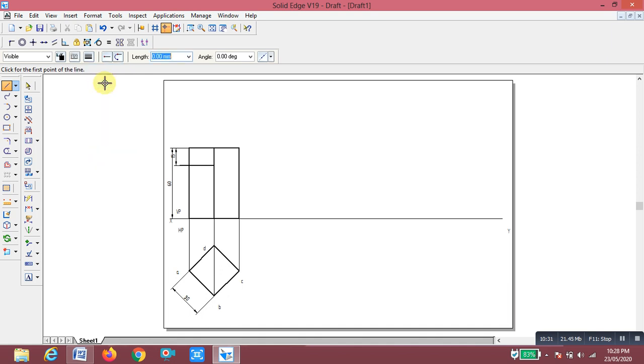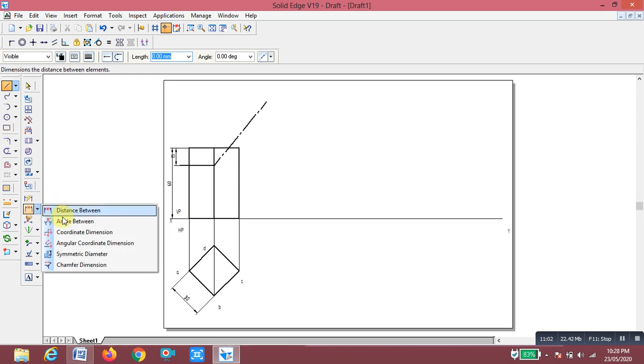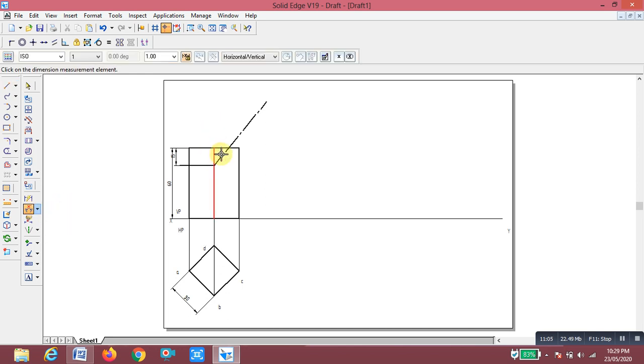Here you have to draw the line that makes an angle of 60 degrees to the horizontal line. This side is a total of 90 degrees, so 60 to the horizontal line means the remaining is 30 degrees. Cross-check the angle between this vertical line and this one; we are going to maintain 30 degrees.